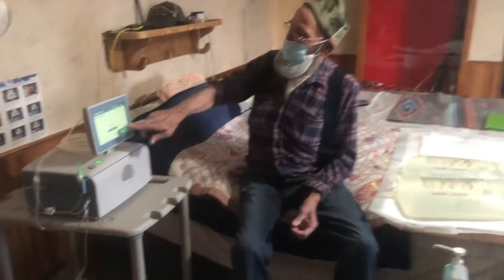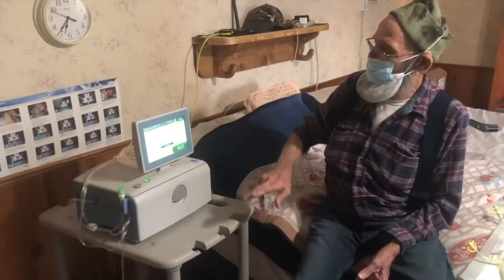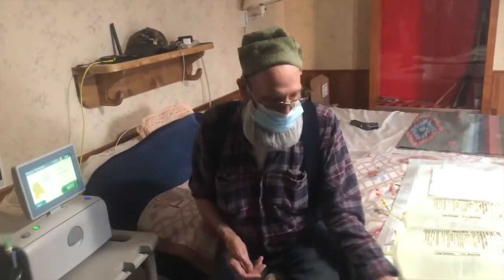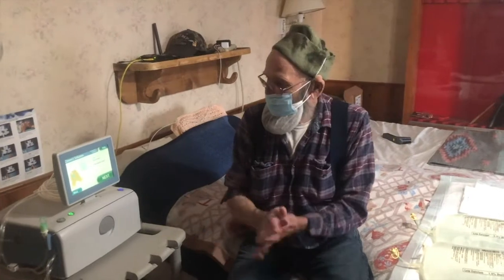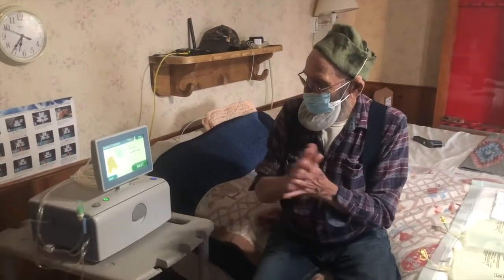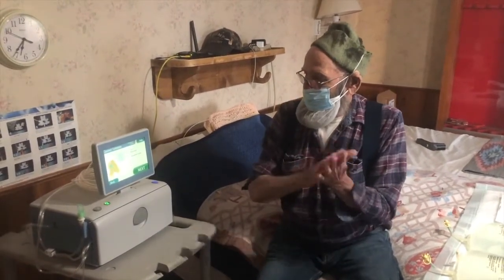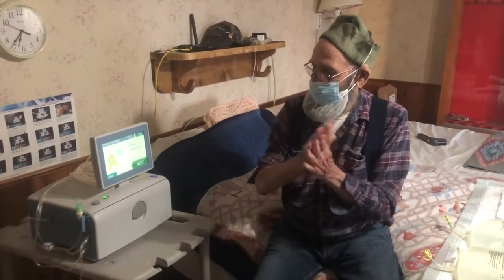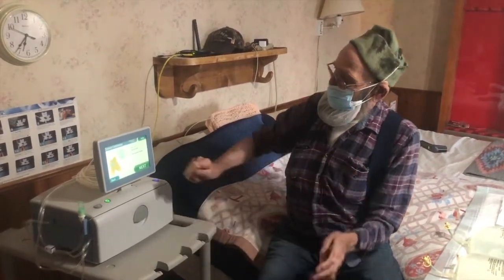Now the test is complete, so the next thing we do is put on our mask, then disinfect our hands. Mask on, we disinfect our hands again. Next thing you do,